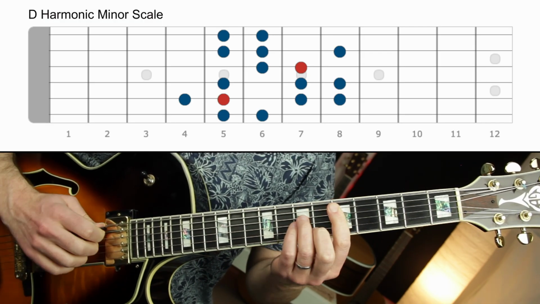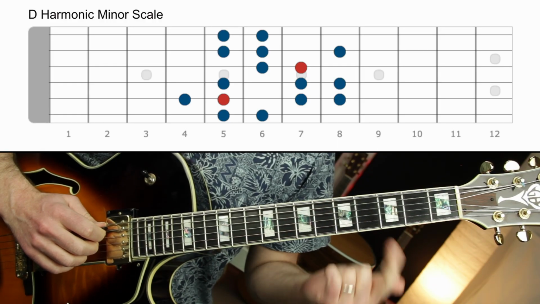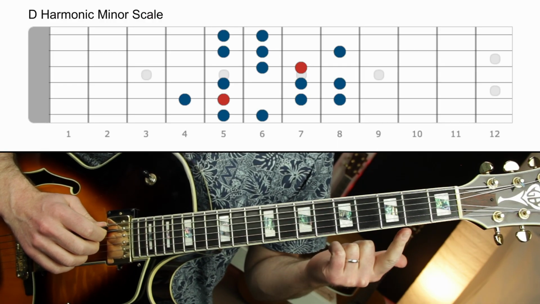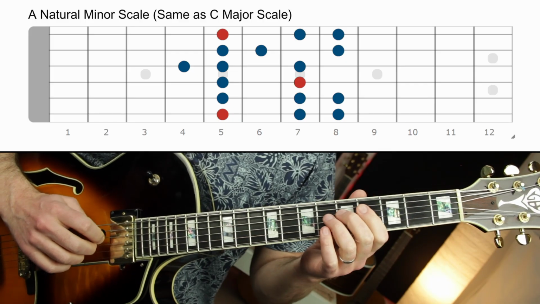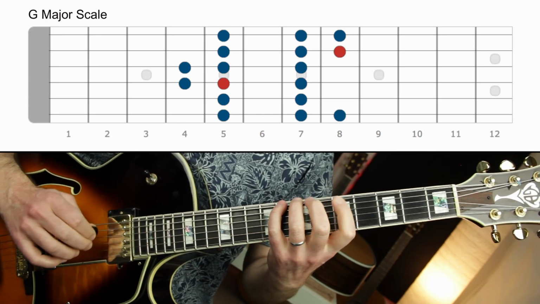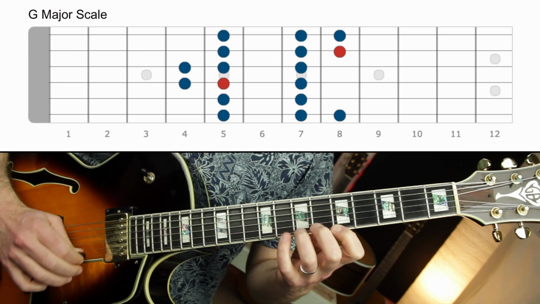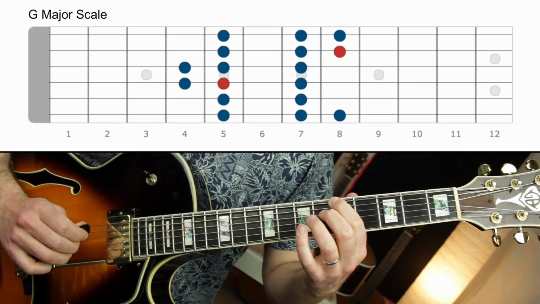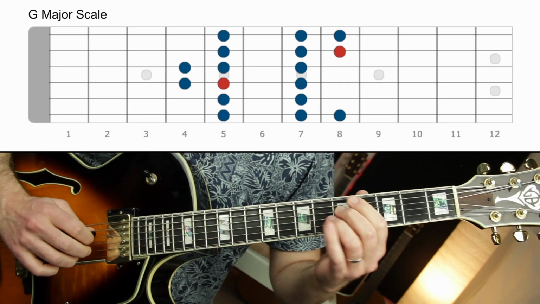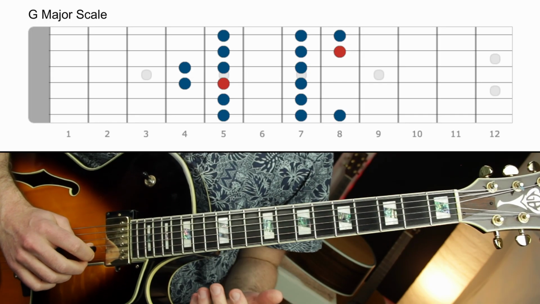I'm going through the complete scales list here. Next is C major, which we covered, then A harmonic minor again, which we covered. A natural minor is the same thing as C major, so same collection of notes. Then there's G major, and that's this. That's the collection of notes of D major. D is the root of the chord. G is the root of the scale. Just think of it as that collection of notes.